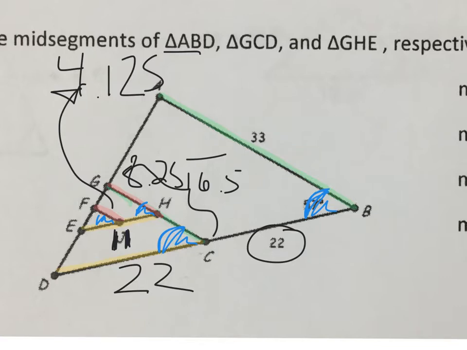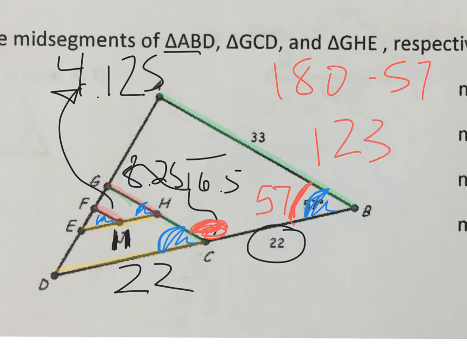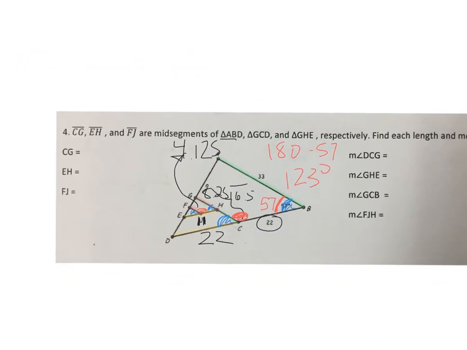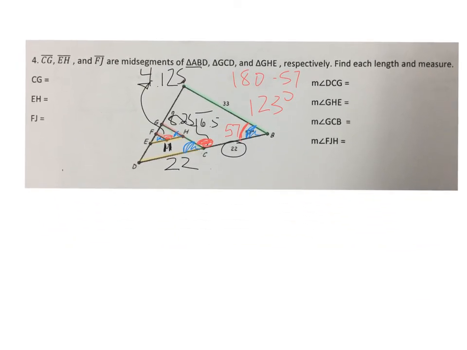Now let's see, what other angle do we need? We need the consecutive interior one. So if this one over here is 57, this is 57, again I know I covered it up, that means this one has to add up to 180. So 180 minus 57 is 123 degrees. Okay, that one's 123, that means this one in here is 123, and lots of other angles are going to be 123. So now we can just take a look and see what we are actually asked to do,